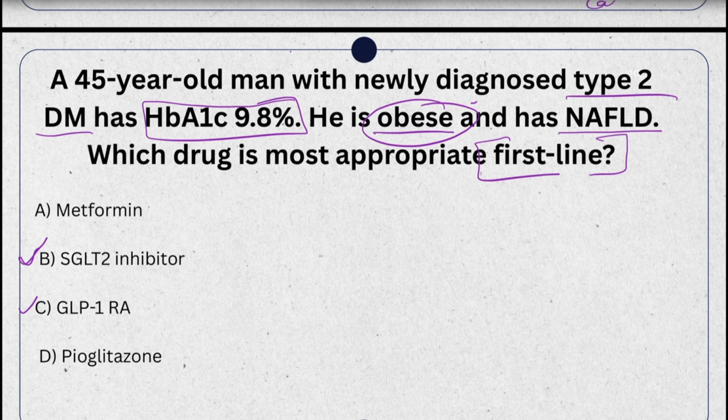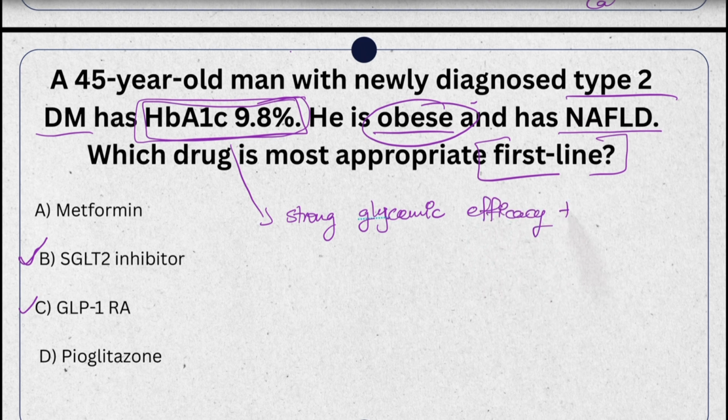In this case, with a very high HbA1c of 9.8, we need strong glycemic efficacy, which also has a rapid effect. The patient is obese, so we need to be able to initiate weight loss. For non-alcoholic fatty liver disease, whatever drug we settle for should have a proven benefit on liver fat, inflammation, and fibrosis. So now, looking at all of these,